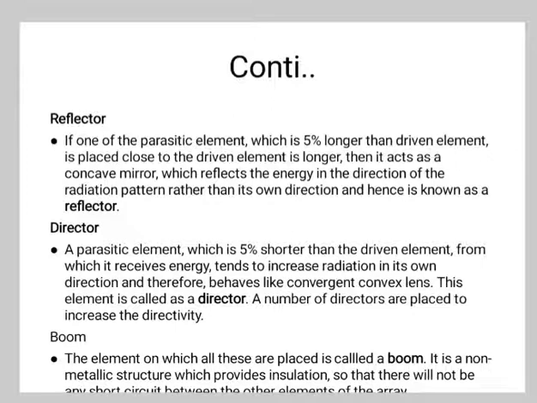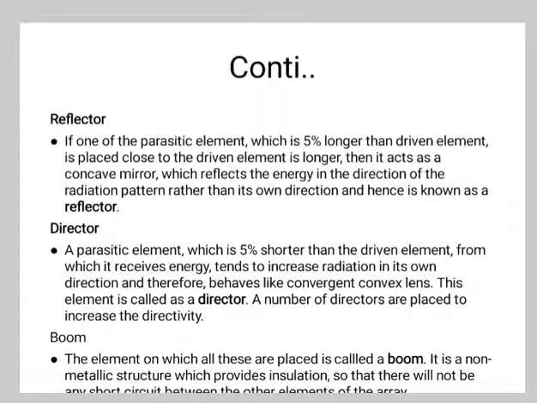So the parasitic array here consists of a driven element, director and reflector, and feed is given through the feeder. These arrays are used at frequencies ranging from 2 MHz to several GHz, and are especially used to get high directivity and better forward gain, unidirectionally. The most common example of this type of array is the Yagi-Uda antenna, and the quad antenna may also be quoted as another example.